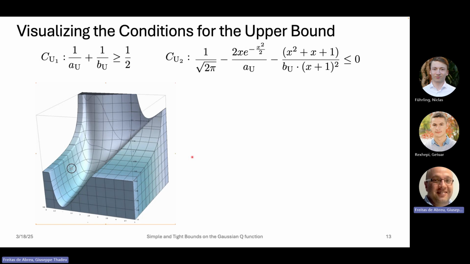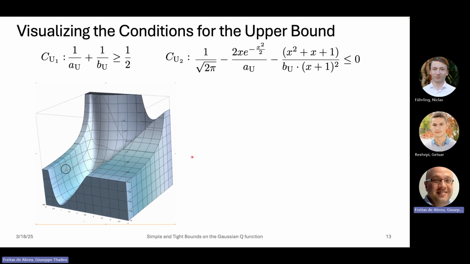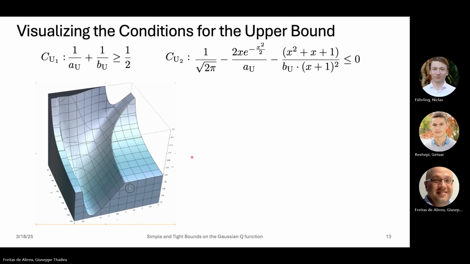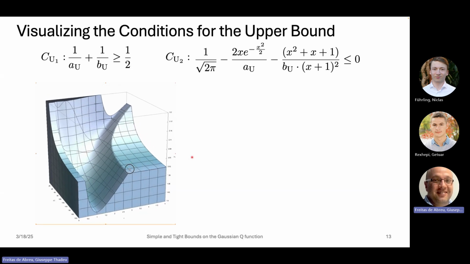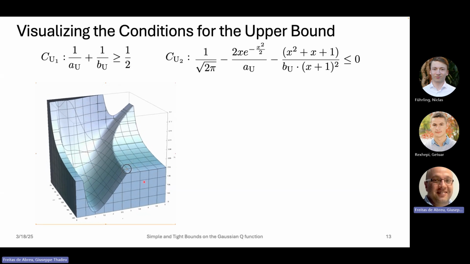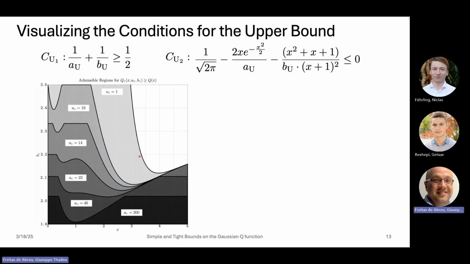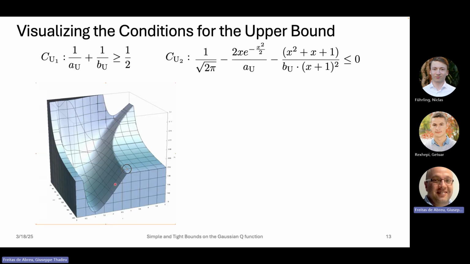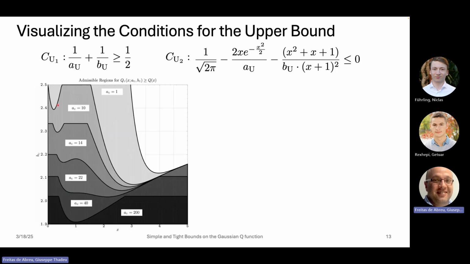Let this video run. Okay, it's a pretty nasty non-convex solid. But if you take slices of this solid for different values of AU, then you can see pretty much, by looking at this and this together, that each slice in this direction gives you a different two-dimensional feasibility region, and again, any point inside any of these regions would satisfy the